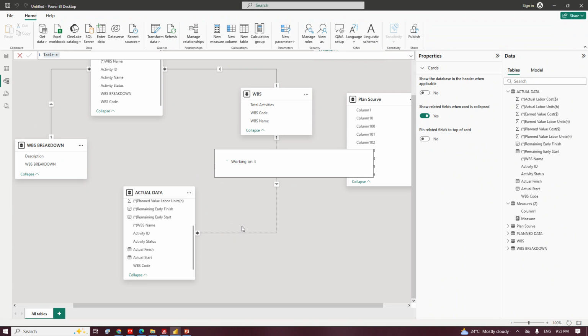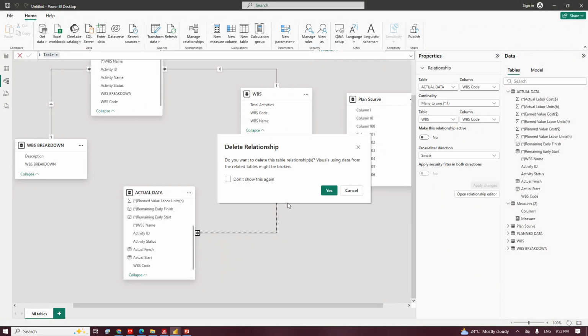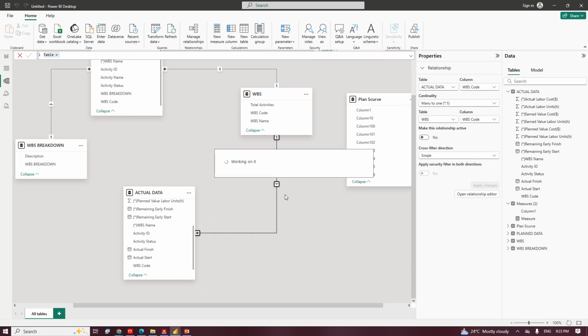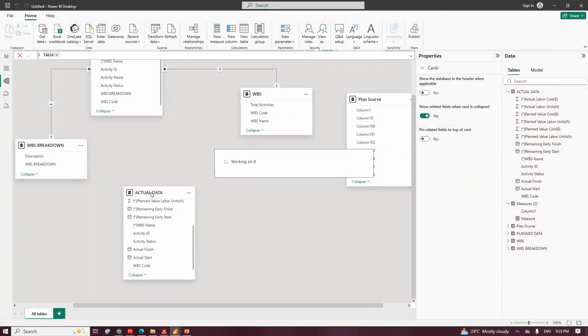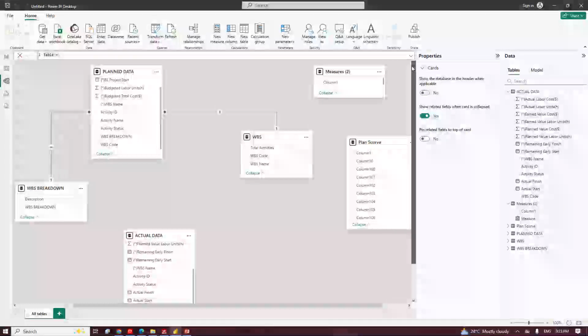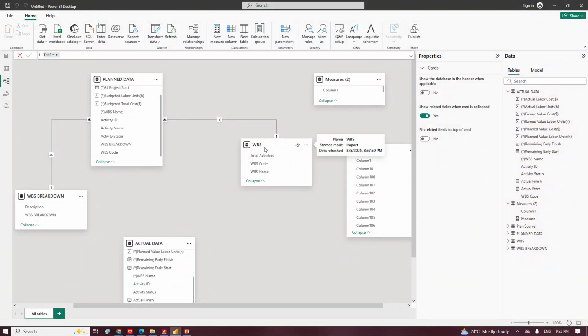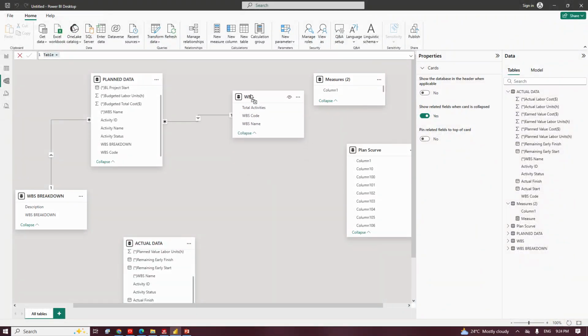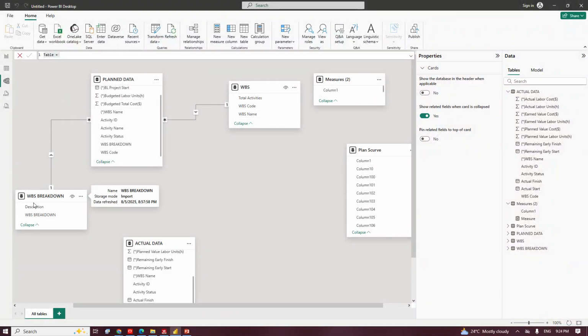I will relink this. So now activity code can pick many from here, while WBS code,